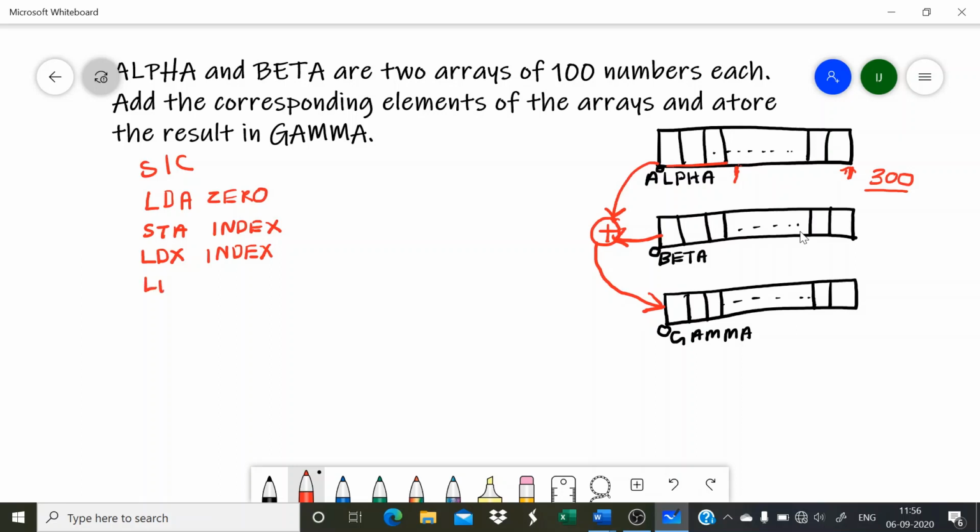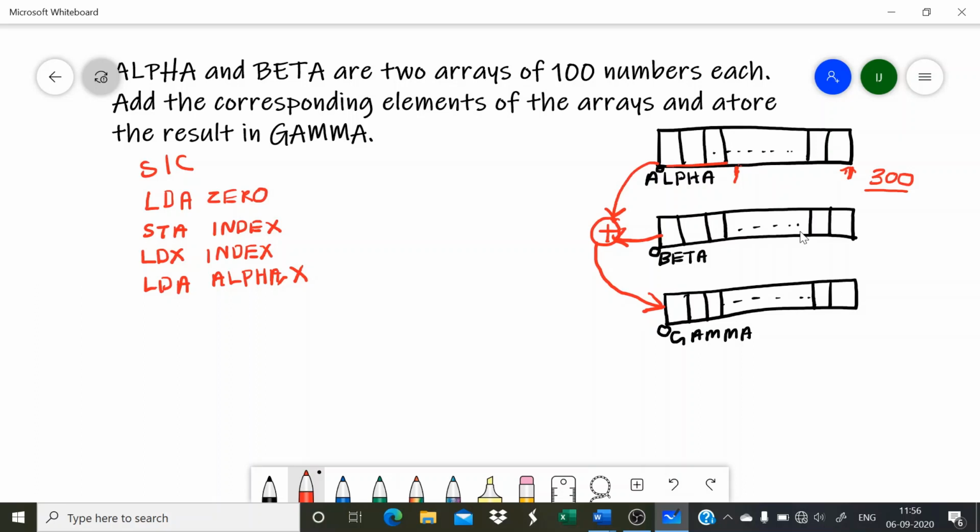So LDA, first element of alpha. So here we have to use indexing. LDA alpha means the entire array. Entire array cannot be loaded into the accumulator. So in LDA alpha, we have to put this X, at the Xth position, whatever value is there, that is loaded into the accumulator. X position here now means 0. The value at position 0 is loaded into the accumulator.